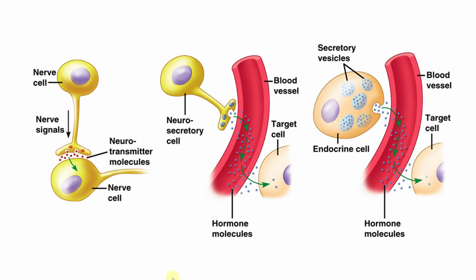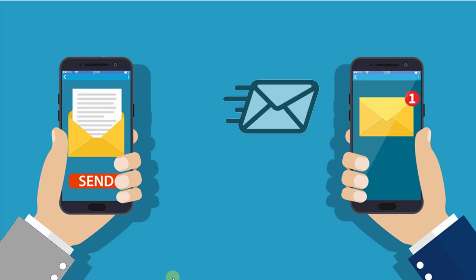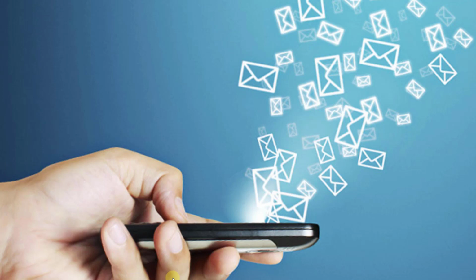And then you have on the right the traditional, which we showed before, the endocrine system, where you have an endocrine cell, a cell that either produces or stores hormones. It is signaled, and then it releases its hormone into the blood vessel that travels through the entire circulatory system, and it will eventually hit its target cell. This is akin to a text message, where you have someone's phone number and you're sending a message out, or you have multiple people, like in a text chain, that you're sending tons of messages out to, but you are able to identify who you want to include on that list and who you don't. So there's a very specific targeting.